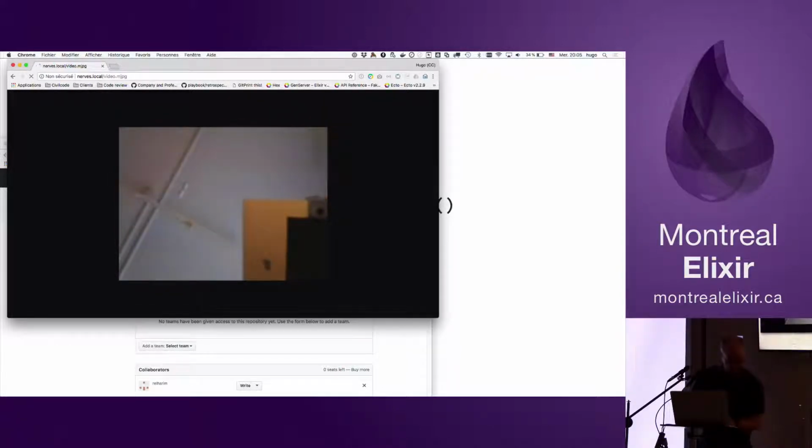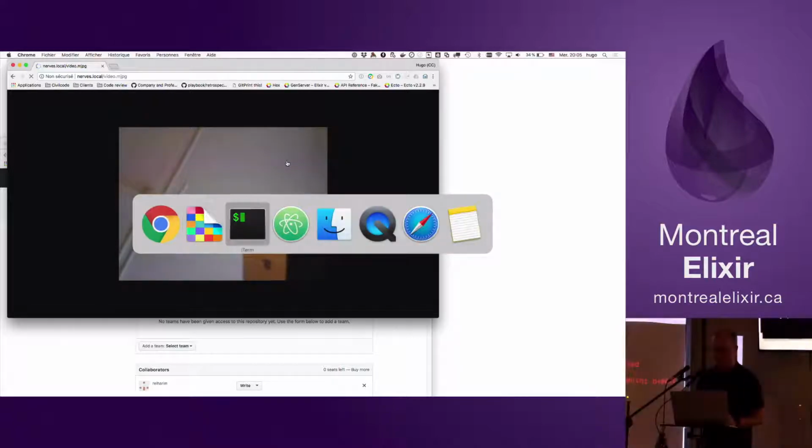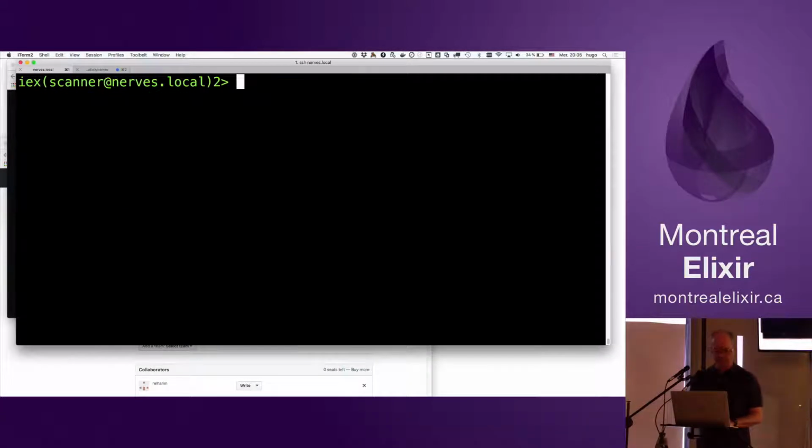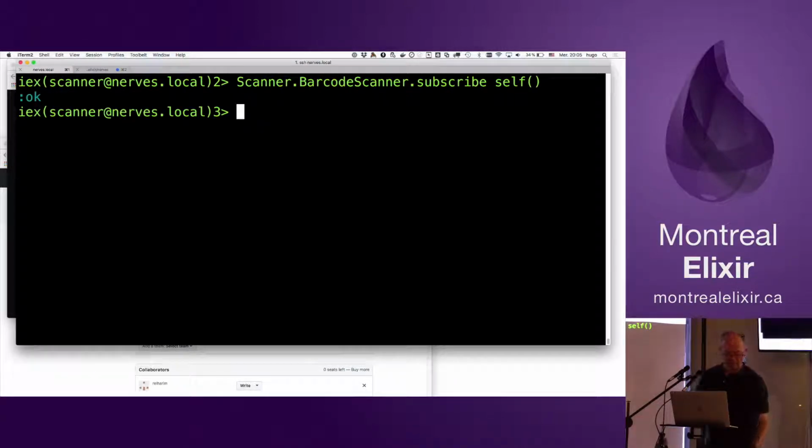Now, what I'm going to do is I'm going to SSH again to the Pi. I'm going to clear that. And I'm in the console on the Pi. I'm going to subscribe the console to the scanner. So we have a subscribe function in scanner. So scanner, I have my barcode scanner module. And in there I have a subscribe function. And I'm just going to pass myself. All right. Now, if everything goes well, I can take a QR code